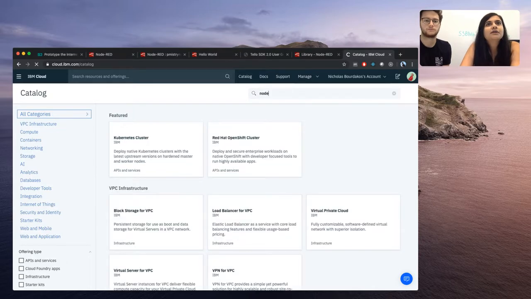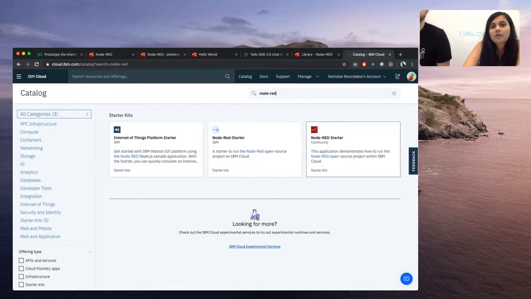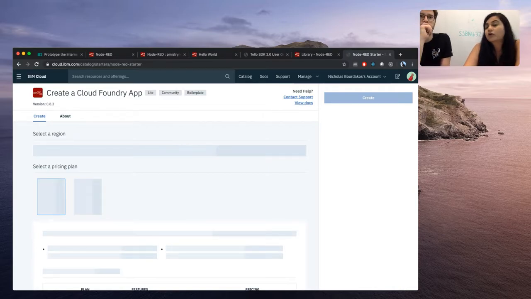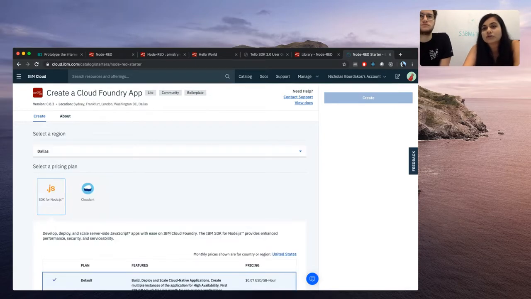Node-RED. And then you should see this Node-RED starter kit. And when you create the Node-RED starter kit, that will allow you to create a version of Node-RED. So it's pretty easy to get started, especially when you go through the IBM Cloud. And I'll talk about some of the really great reasons why you want to do it through the IBM Cloud, because you can send data up to the cloud, which is really important, and to